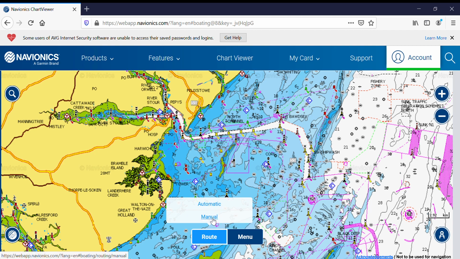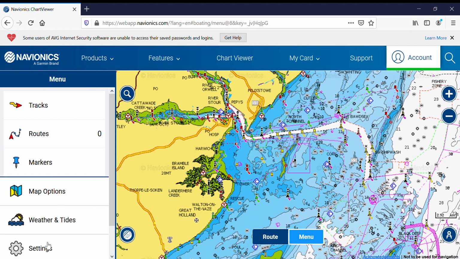I always use manual, and you can build your route from A to B with all your waypoints in between using that. The other thing that you need to do really before you start doing any routing is to go into the menu and make sure that your boat speed is set for a reasonable figure. If you put in too much, as you build a route, the calculation is going to be completely wrong,